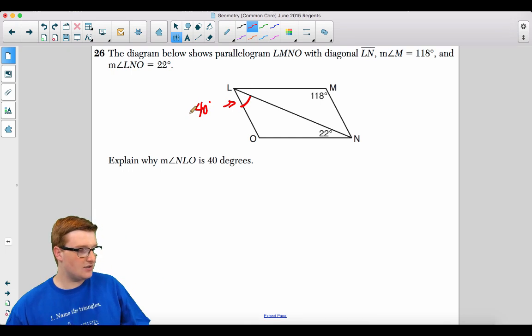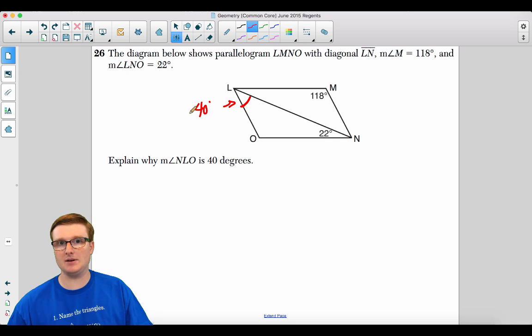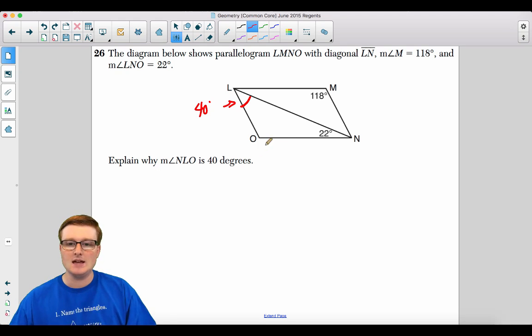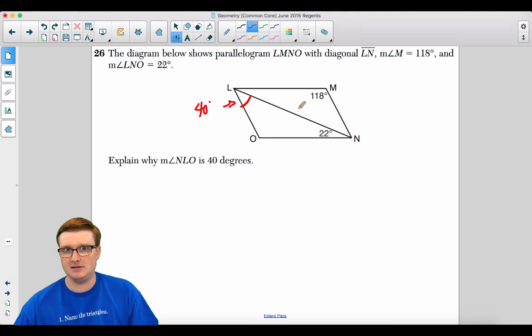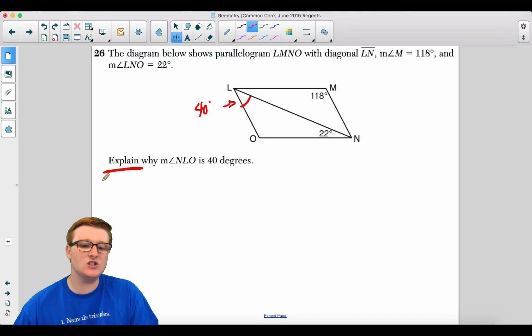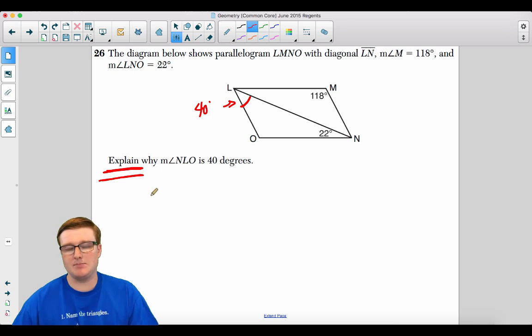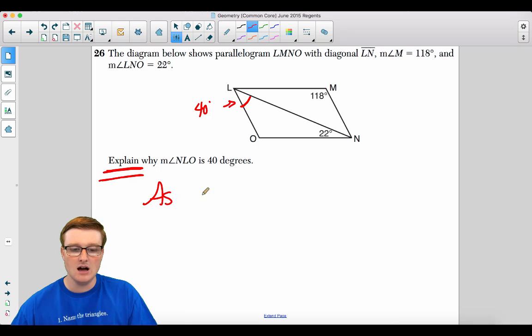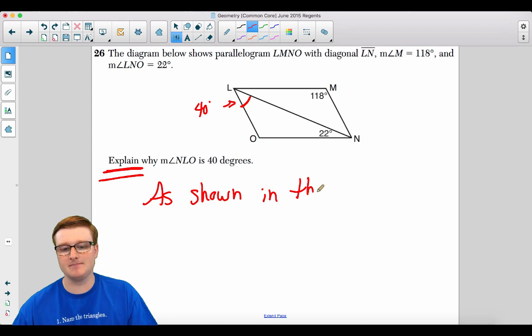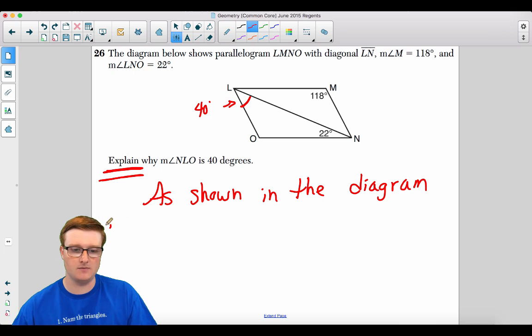Now, in order to get this question right, you really need to know your properties of a parallelogram. This is a parallelogram because I tell you that. Now, when it says explain, you need to use words, actual words, to explain your answer. So this is what I put as an answer. I always begin these questions with: as shown in the diagram above,